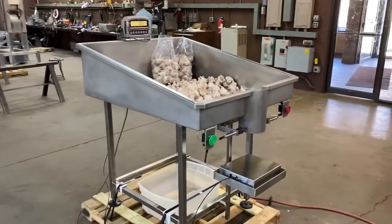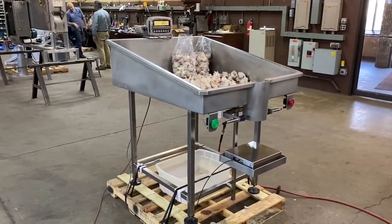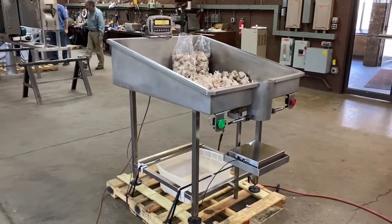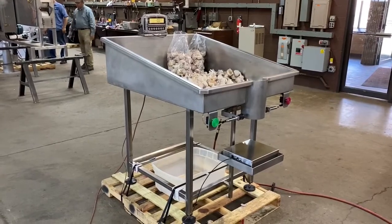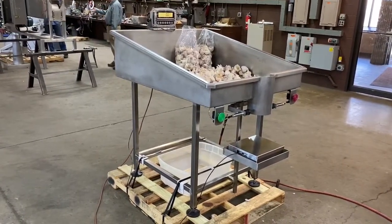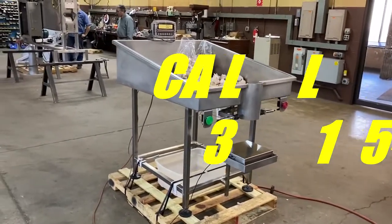So that's pretty much the gist. If you have any question about these bag packing tables, we have single and double stations, and we can work with you on configuration if this particular setup isn't exactly what you're wanting. Give us a call at